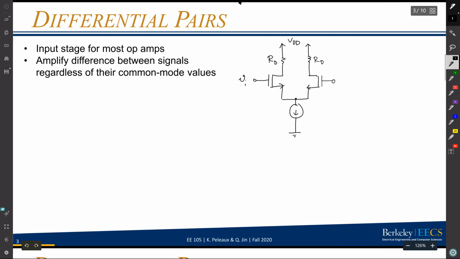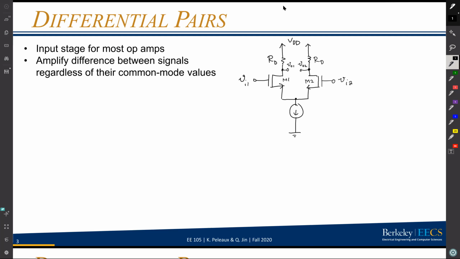But in this case, we're going to just use two drain resistors. This is M1 here. This is M2 on the right. Our output is going to be taken differentially, which means that we're going to take this as VO1 and the drain of M2 is VO2. Our input is also thought of as differential, so I have two inputs, VI1 and VI2. Everything is done differentially here, which means that we're going to amplify the difference between signals,